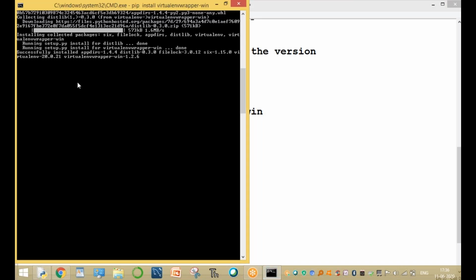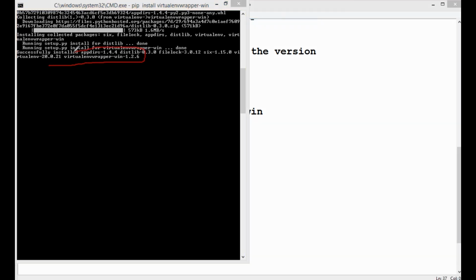Okay, Nandi. Up to here, is it clear to all of you? First Python installation, and then check whether Python is available or not. After Python installation is completed, after completing the installation, then check whether pip is available or not. After Python and pip are done, then go on to check the virtual environment. Now the virtual environment wrapper and virtual environment are created. So now the virtual environment is successfully created, and the virtual environment wrapper is successfully installed. The wrapper is the 1.2.6 virtual environment version.